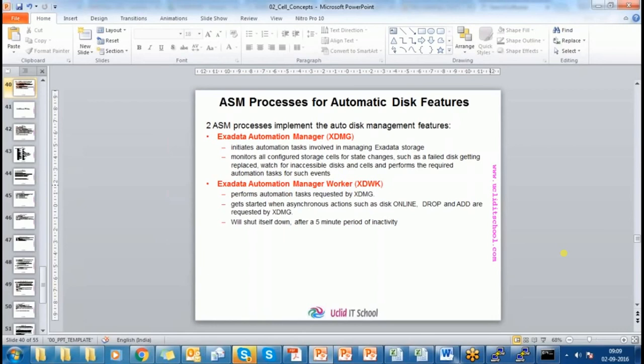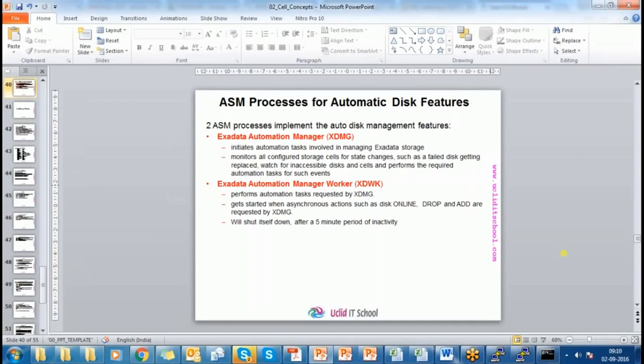If a cell fails, then only the failure group will take care, or what will happen to that particular cell? See, you have other cells, right? The mirror extents will be on other cells, so that way you have data available to you without any problem.